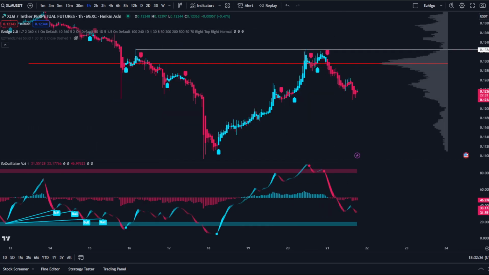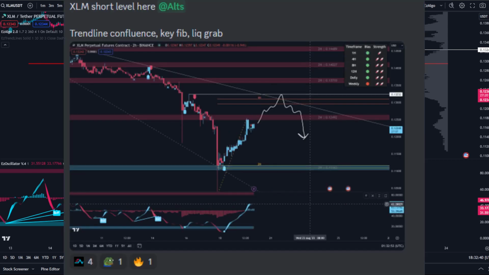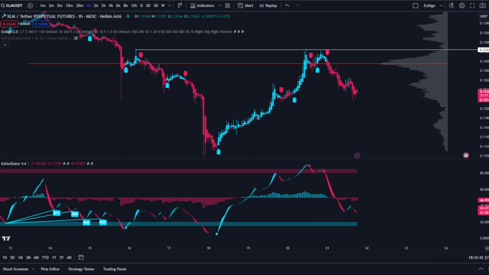Now I'm gonna go through another swing failure pattern that I posted inside of the Pro Discord. This was a setup that I posted in advance, and the same thing applies. So I'm gonna go over this setup as well. So I'll post a screenshot up on the screen here of what I was looking at and the confluences I had in place. Okay, I had a trendline confluence, I had a key fib confluence,